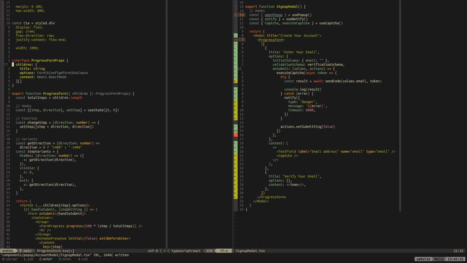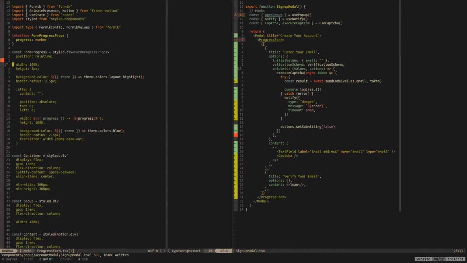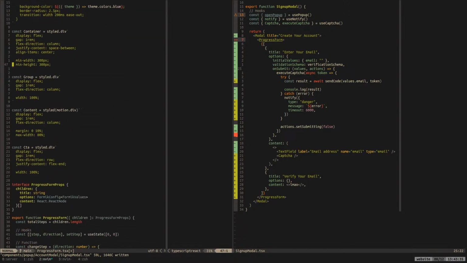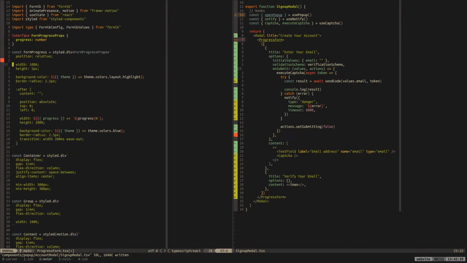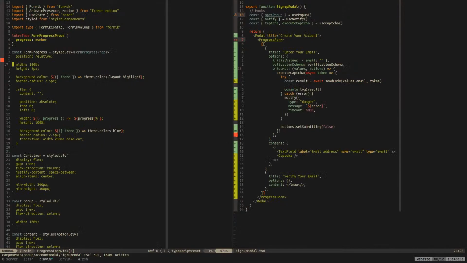So the form progress is inside of a group, which takes 100% of the size, but then it's like, what's the point of a group? Okay, that's why. And this is also in a group, the CTA thing, I think.